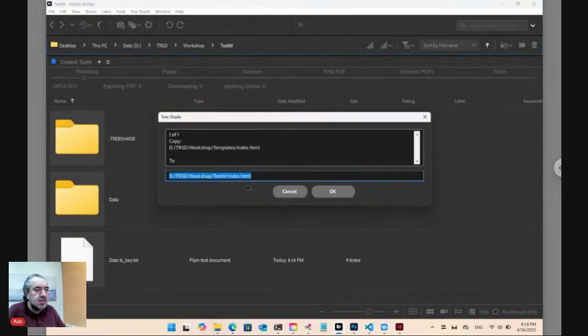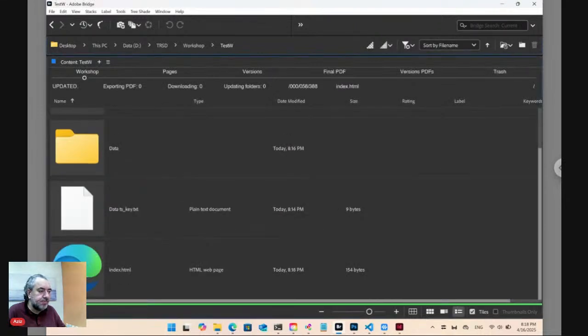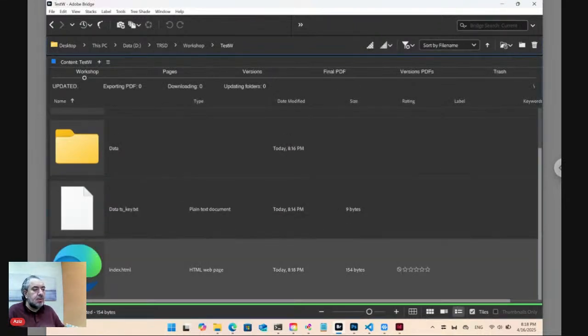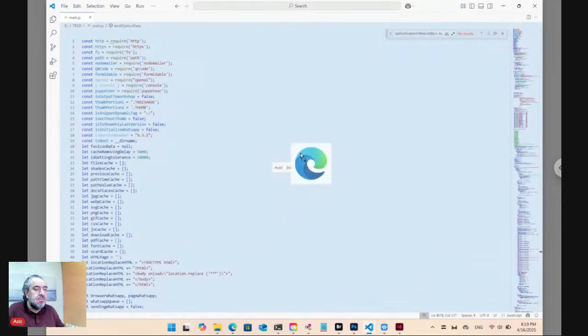Okay, let's keep the name index. Now let's open the index HTML file in VS Code,